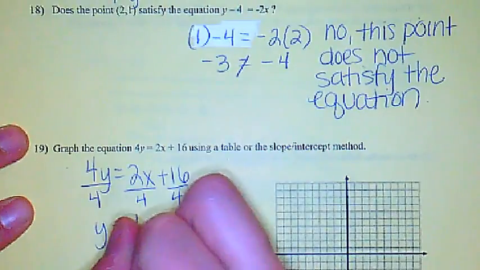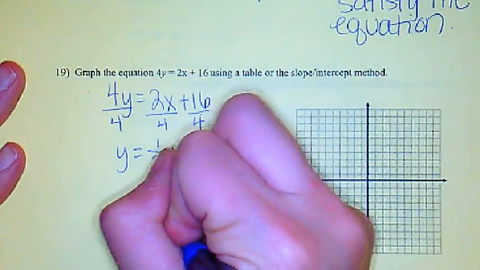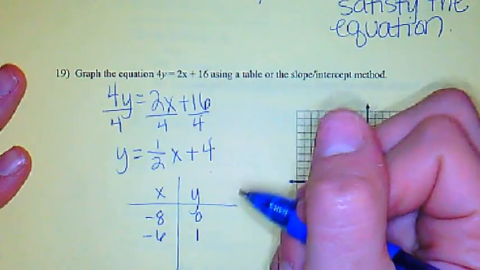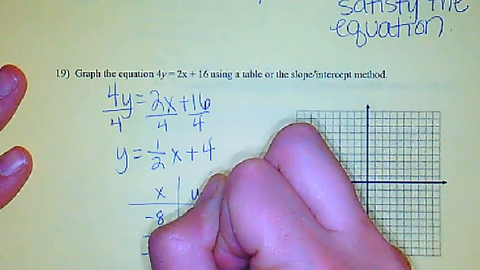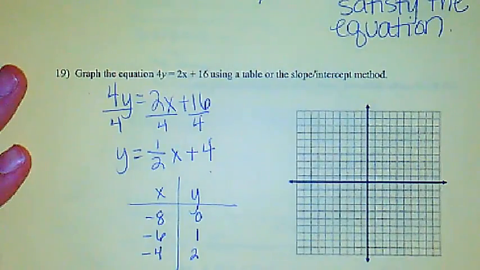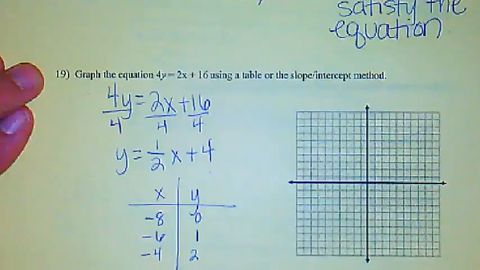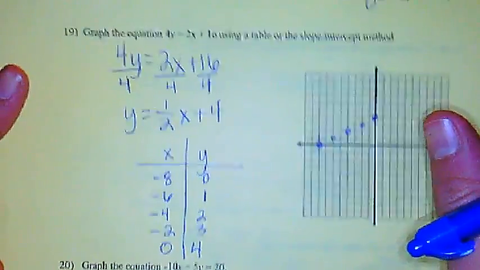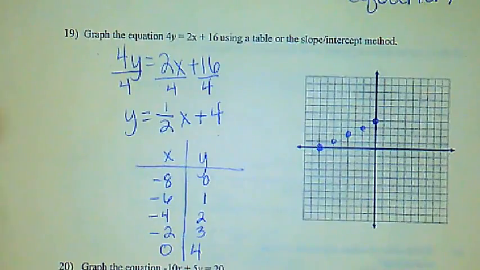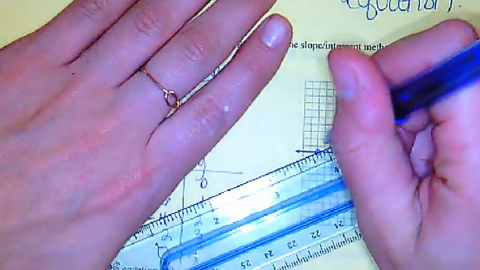Okay, so I'm going to get (-8, 0), (-6, 1), (-4, 2). Oh, let me start graphing those. Okay, so I went all the way up to (0, 4). And then you guys can connect your points. Okay, so connect your points, and then